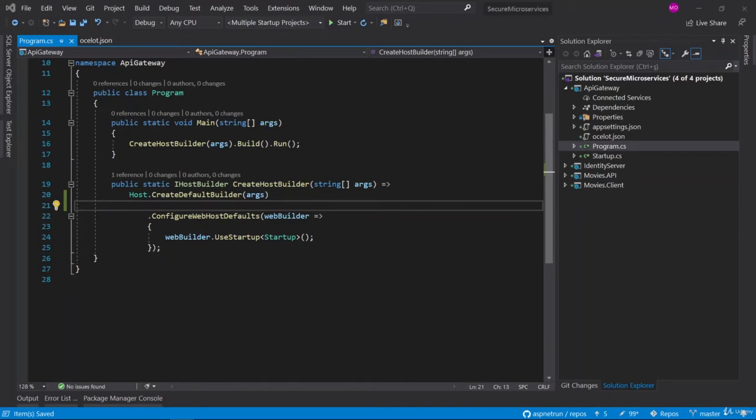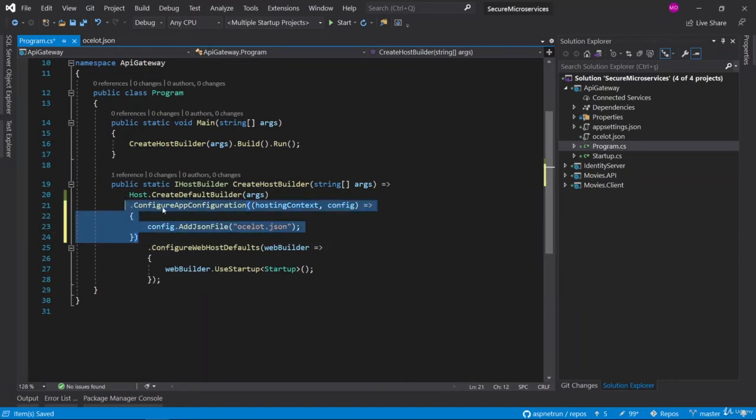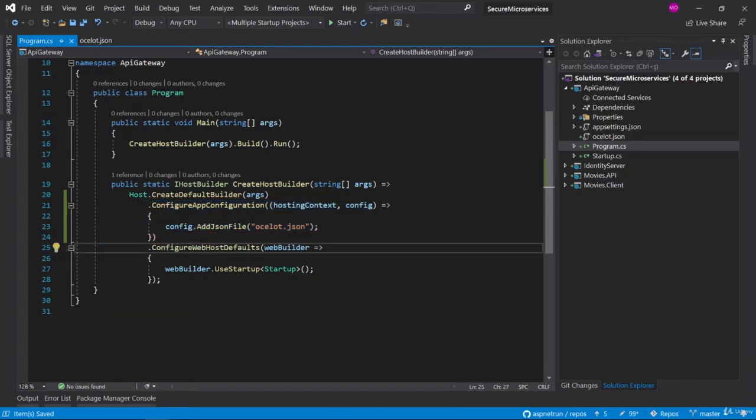We are going to configure the application configuration method. Yes, I'm adding these lines of code. These lines of code add the configurations from the Ocelot JSON configuration file. Okay. After that, we are building our application. When starting up, bootstrapping this application, first of all, it is reading the routing configurations from the Ocelot JSON. After that, it is going to continue with the starting operations.